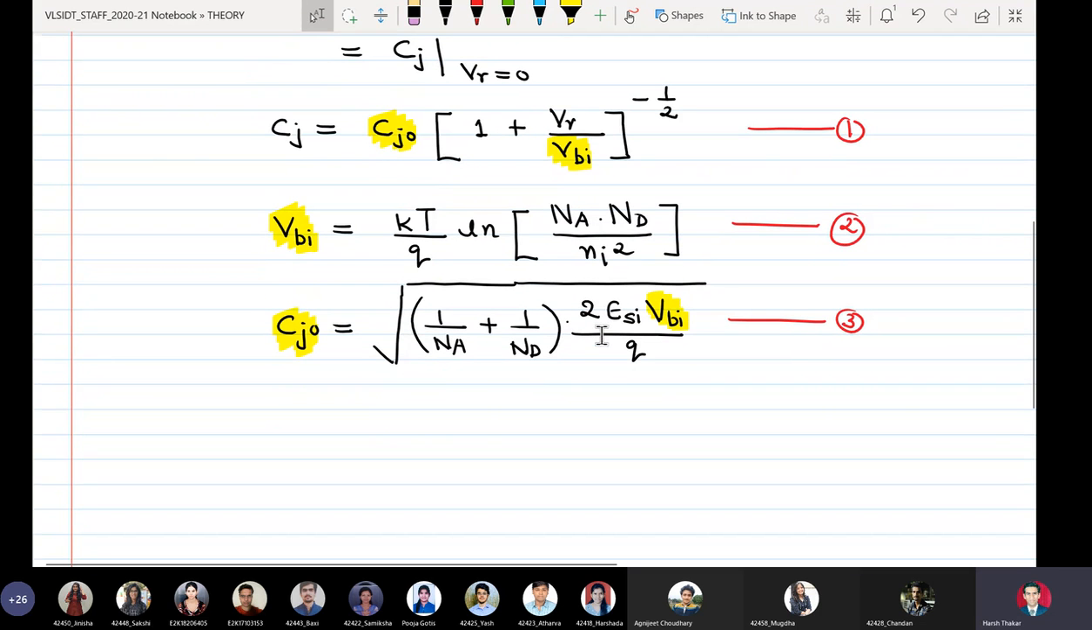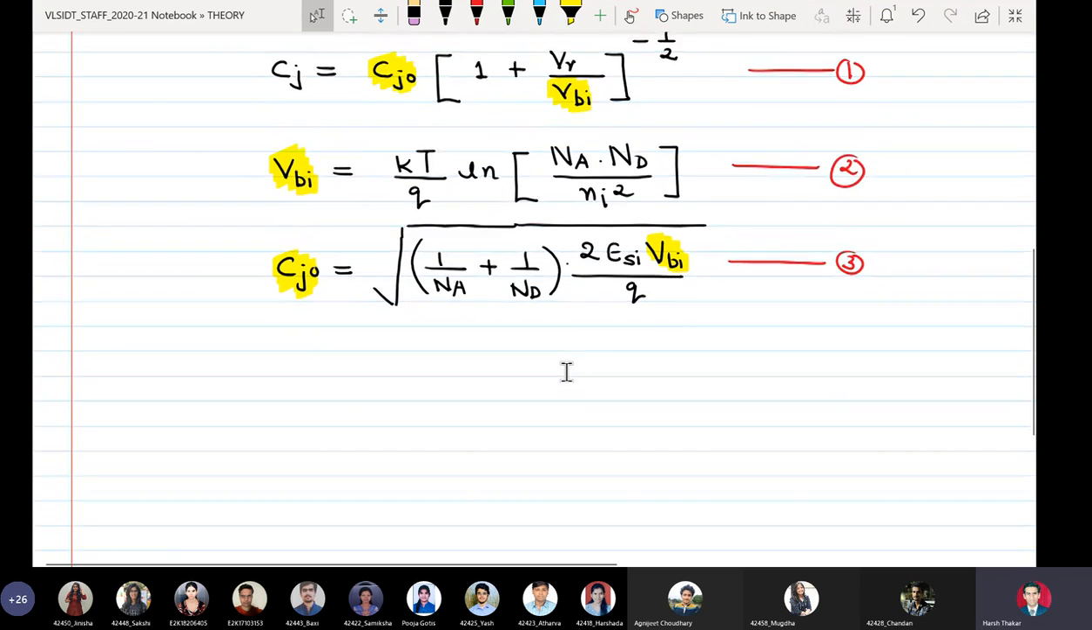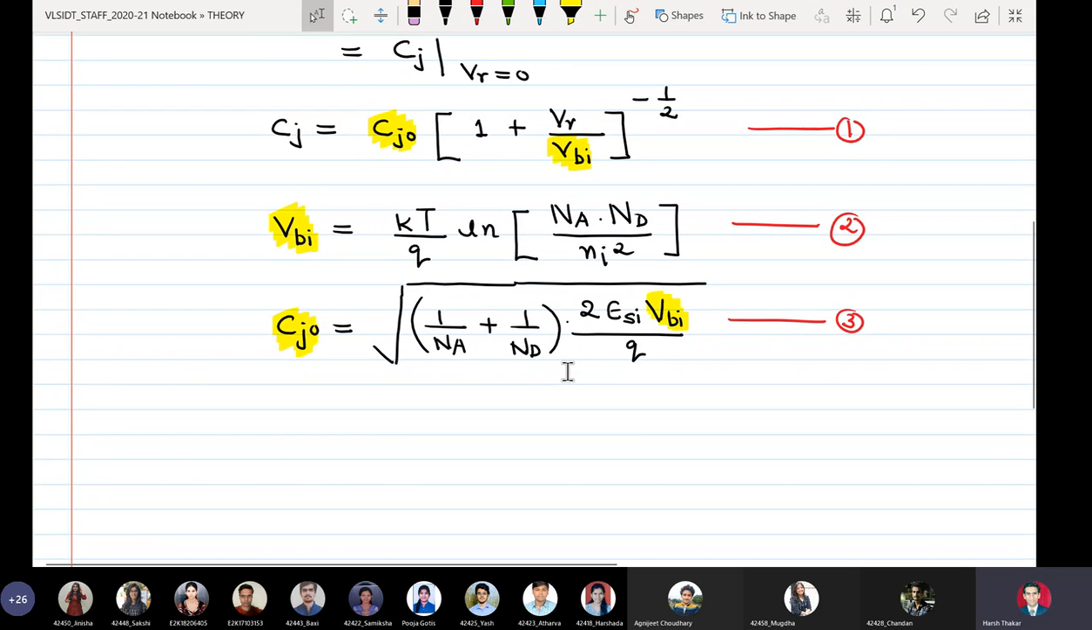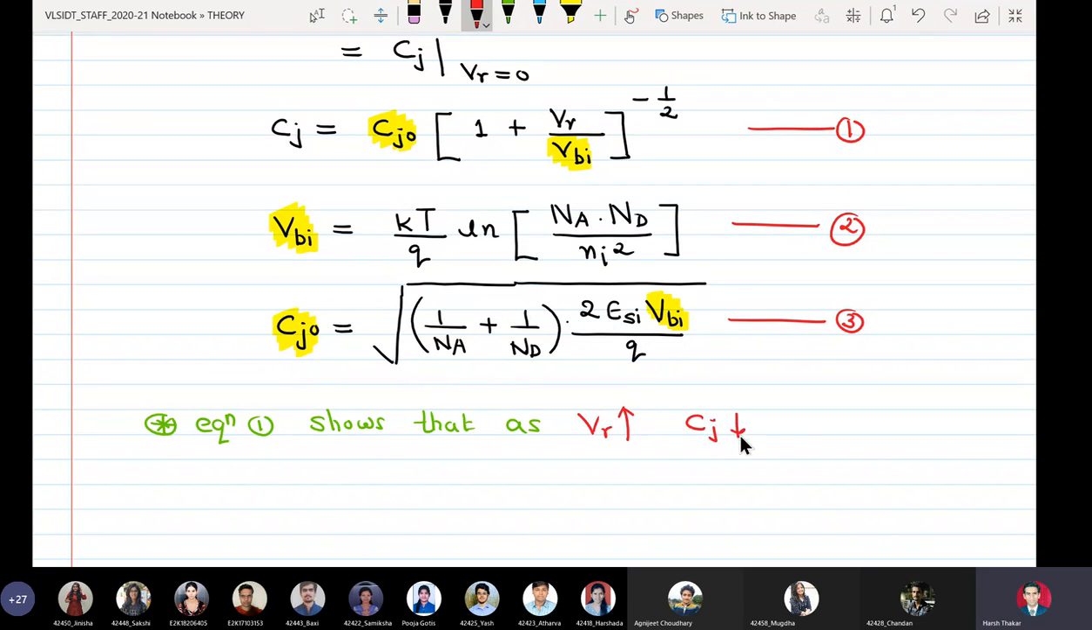Okay, so as you know, K is the Boltzmann constant. It's very clear. T is the temperature in Kelvin. Okay, so we can write equation number 1 shows that as the junction potential increases, Cj reduces. Okay,